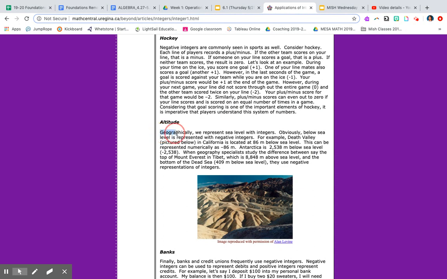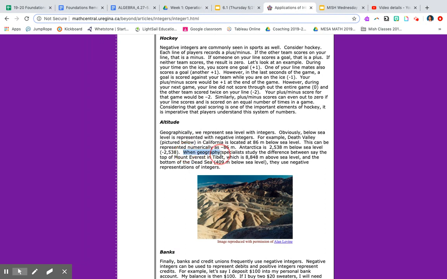Altitude. Geographically, we represent sea levels with integers. Obviously, below sea level is represented with negative integers. For example, Death Valley, pictured below, is in California and is located at 86 meters below sea level. This can be represented numerically as -86 meters. Antarctica is 2,538 meters below sea level. That's